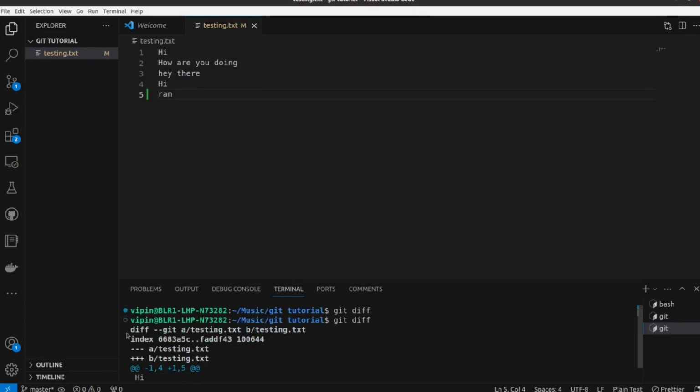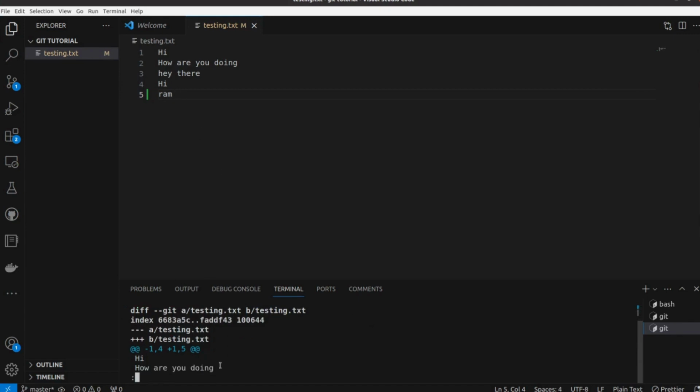As you can see, it's showing the difference, because we have added "Ram" here. The removed line shows in red, and the plus line shows what was just added.